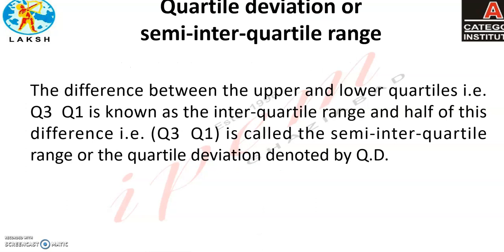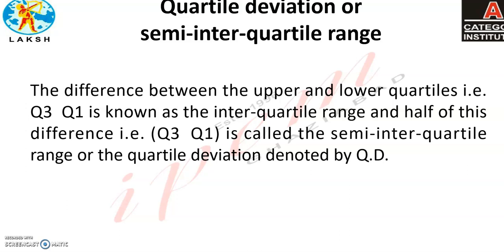Now, what are the advantages and disadvantages? Advantages, it is independent of the measure of central tendency. It is easy to calculate and understand, right? Now disadvantages: in calculation we use only two values, the largest and the smallest, right? So it fails to take account of any other observation, right? The second disadvantage is it is largely influenced by two extreme values and completely independent of other values, right?